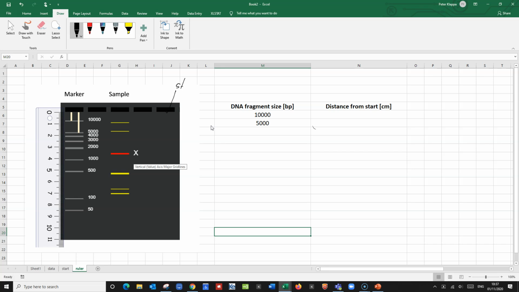Well, so that would be the start. And all we need to do is really measure how far these samples have actually traveled from the start. So we see that the first band, the 10,000 DNA fragment band, has probably traveled around, well, I would say